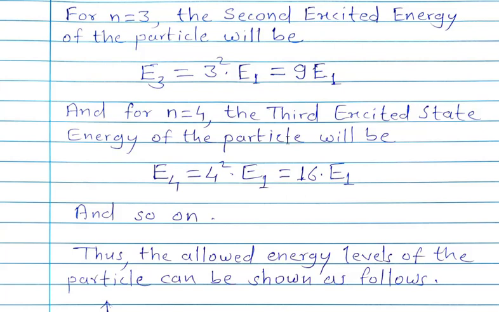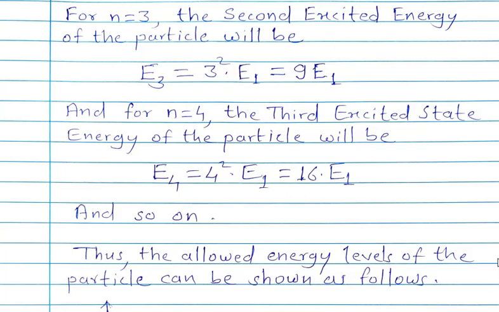And if it is in the third excited state, which corresponds to n equal to 4, then E4 comes out to be 16 times E1, and so on. So that is how we can find all possible energies of this particle which is confined inside a one-dimensional rigid box. Thus it is very clear that the allowed energies of the particle will be either E1